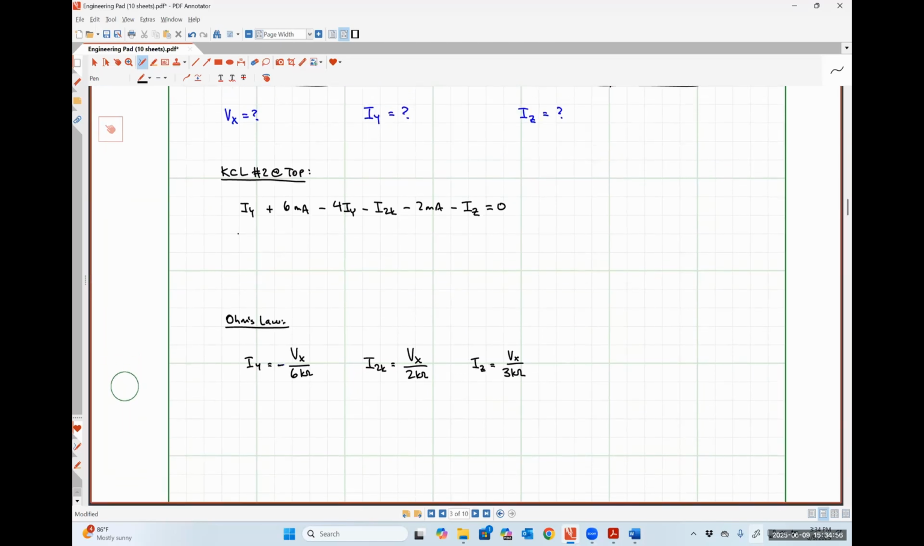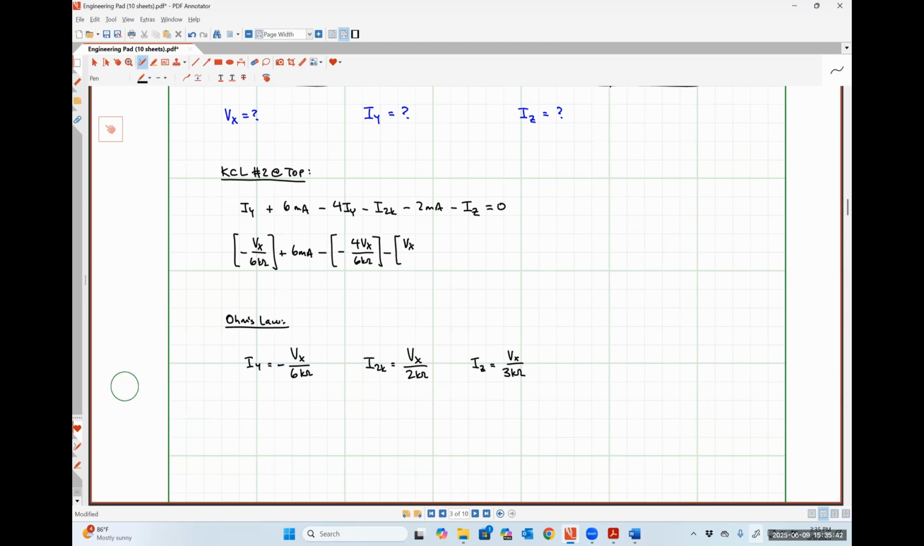So here where I see Iy, I'm just going to replace that with minus Vx over 6 kilo ohms, plus 6 milliamps, minus, now I've got 4 Iy. So that is a current controlled current source. The 4 is a dimensionless quantity. So I'm just going to do negative 4 Vx over 6 kilo ohms, like so. So that's 4 Iy. Then I have minus I2k. So that'll be minus,